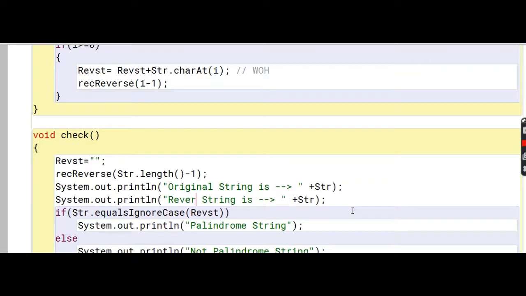So I'll write "Reverse of the string is" and the variable revst.